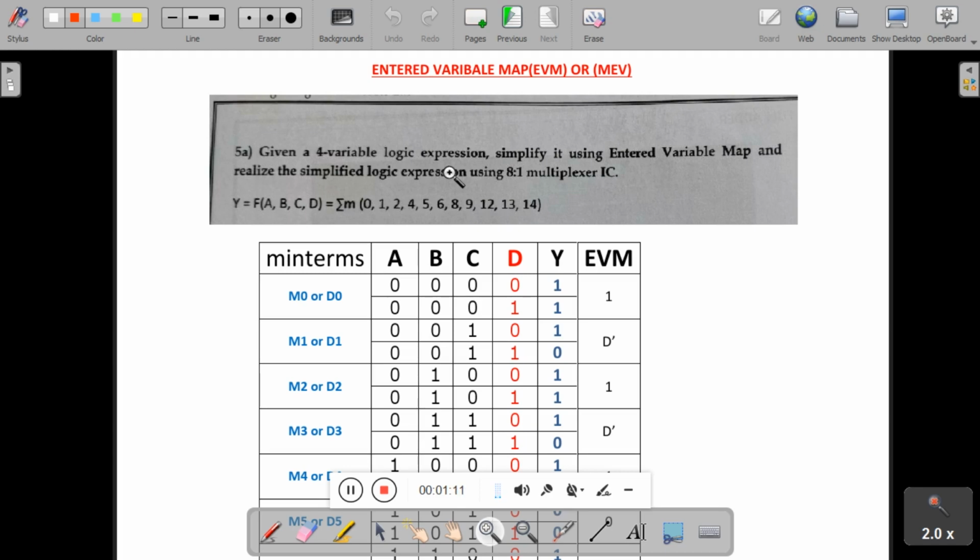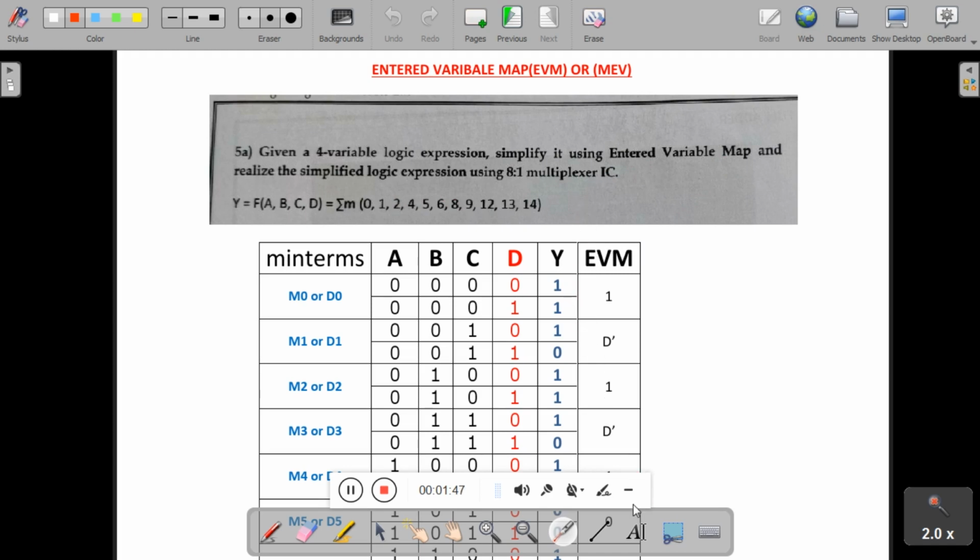The function is given here, a function of 4 variables, summation m, and these are the minterms: 0, 1, 2, 4, 5, 6, 8, 9, 12, 13, 14. You have to simplify it using entered variable map, and then realize it using an 8:1 multiplexer IC.